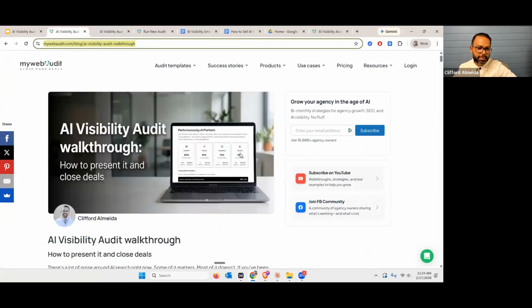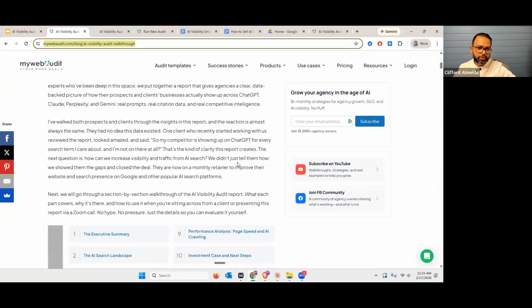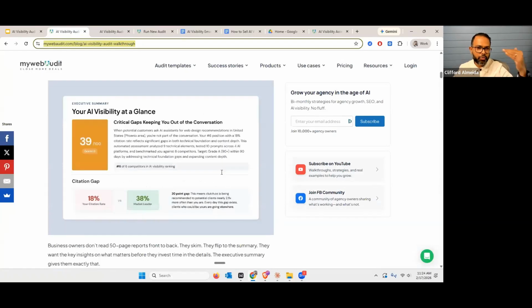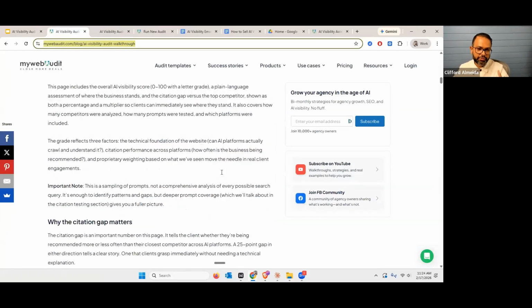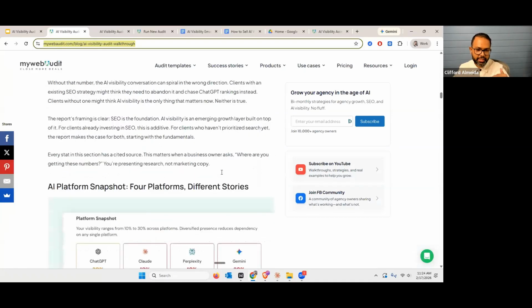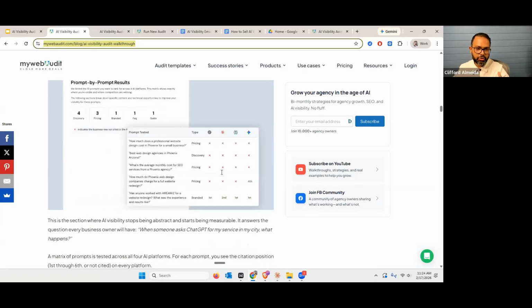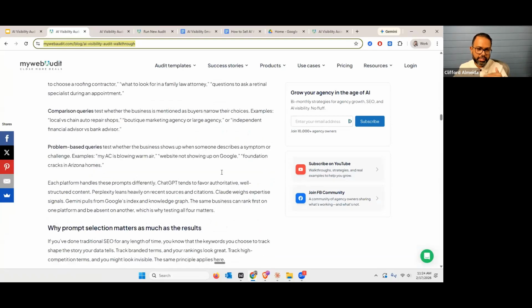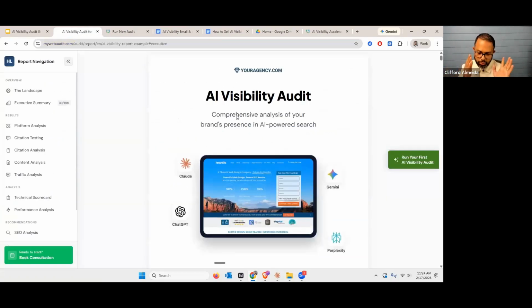So I spent 6 hours walking through this entire guide, but it literally walks through every single section of the report, the statistics, why they matter, what to communicate, how to look at it, what's in each citation. If you want to go through this in detail, I highly recommend you go through that blog and step through